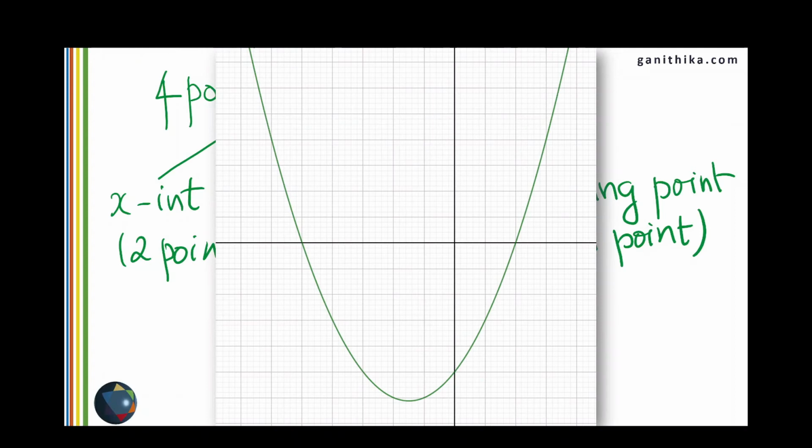For example, this is a curve with positive x square coefficient. Therefore, you will have a minimum point, 2 x-intercepts, 1 y-intercept, and the minimum point for this will give you the graph. And once you have these 4 points, you can easily join them using a freehand curve and extend them on both the sides of the x-intercepts. You get the proper parabola.